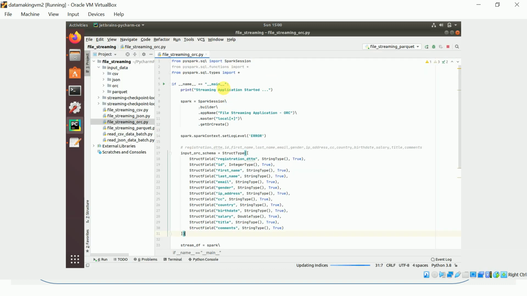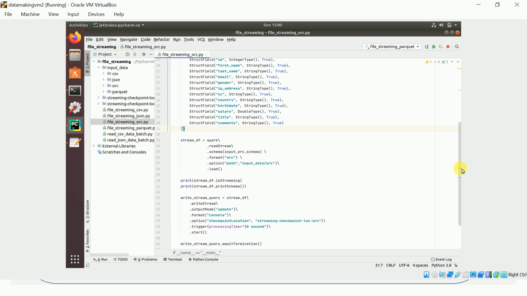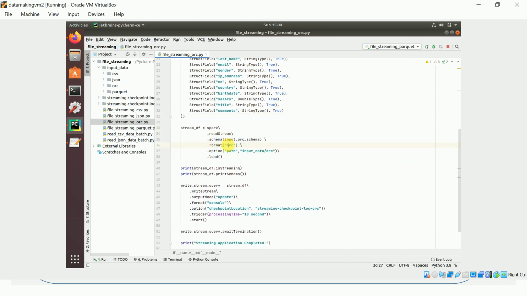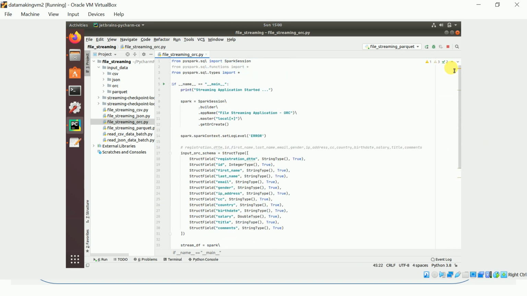And we'll go back. The program is almost the same as the previous Parquet program. Only the file format is different: ORC we are giving. Remaining all same. So the import statement is the same, and the Spark session creation is the same.